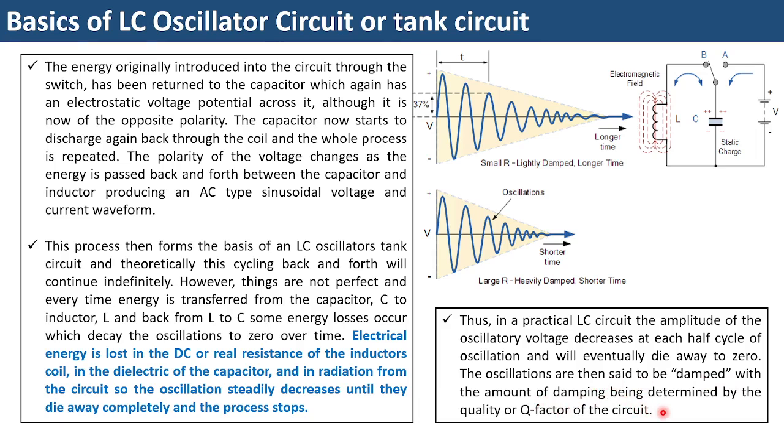Now in the LCR circuit we have already discussed the Q factor. We know what is meant by the quality, what is meant by the bandwidth of a circuit, and we have also come across the fact that as the bandwidth of a circuit decreases, the quality factor increases. So it depends in this case also how the quality of the circuit is. If it is a high quality circuit, then the oscillations will continue for a much longer amount of time. For example, if you compare these two circuits, here the oscillations have drained very fast as compared to the previous circuit. So here the quality is high as compared to this particular circuit. Okay, so this is a heavily damped, shorter time circuit, and this is a lightly damped, or longer time circuit.